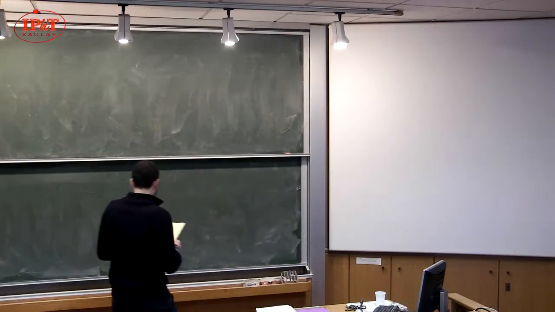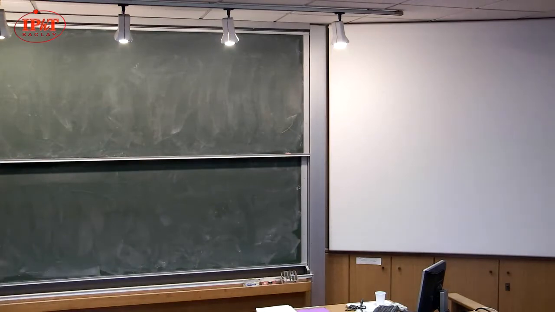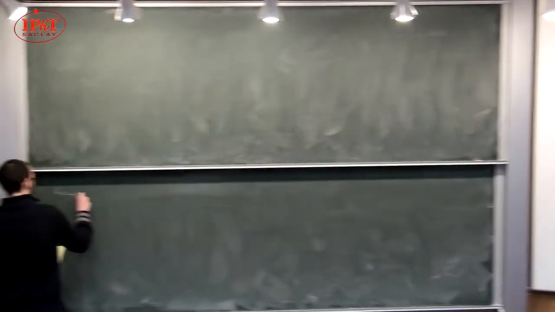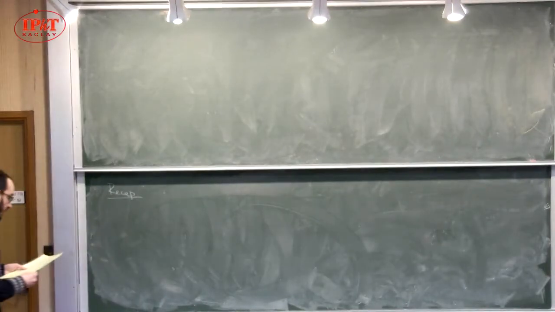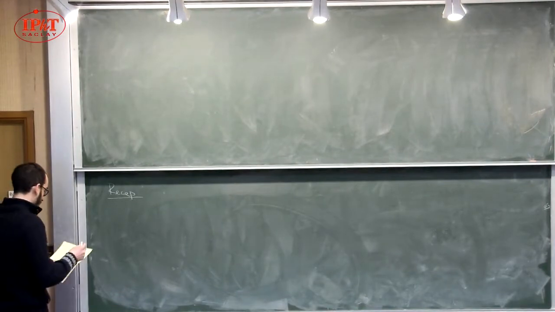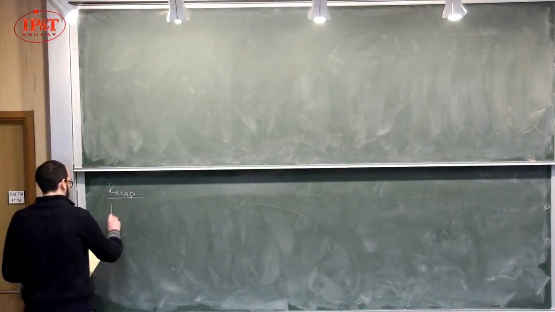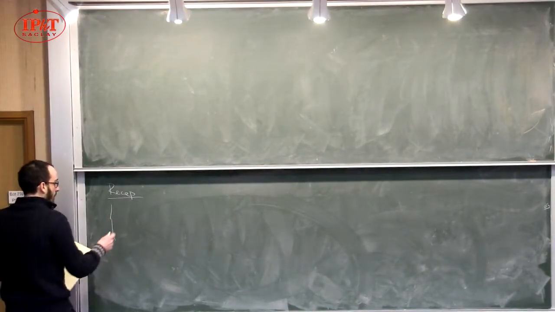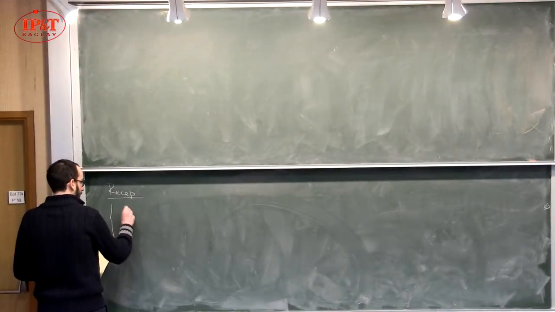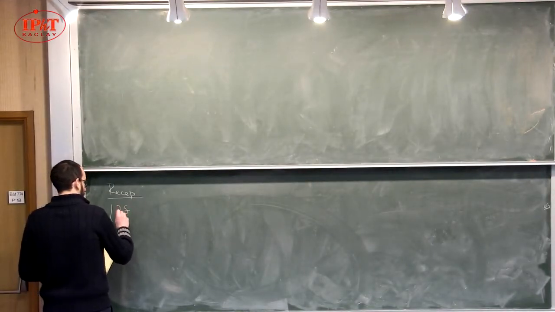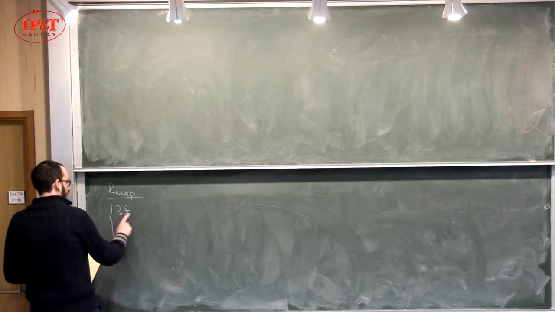Okay, so let's start from a recap of last lecture. What we did is that we obtained the full replica symmetric breaking equations that I will write right now. So we obtained a flow equation for a function f. So let me write it like this: the x of f